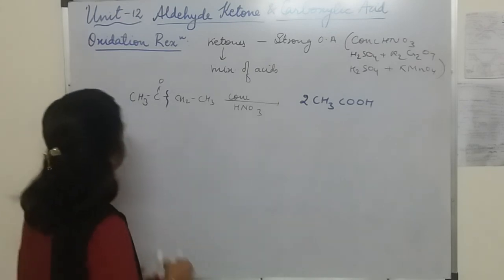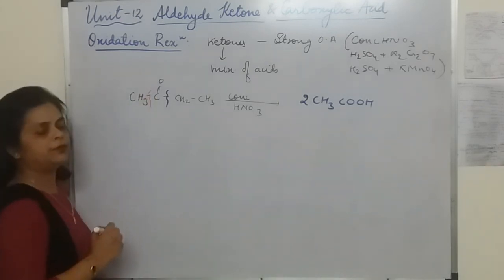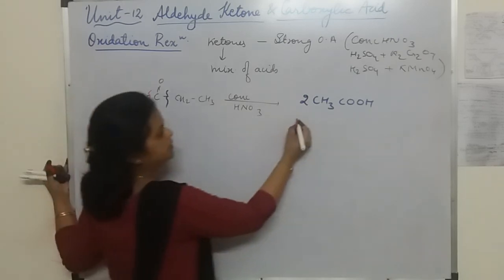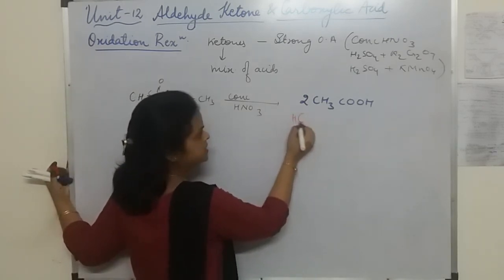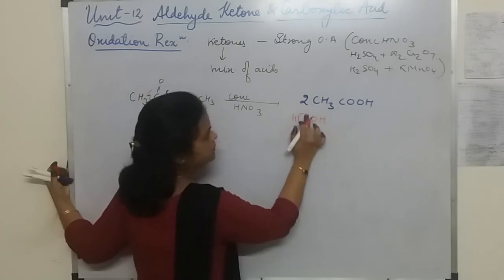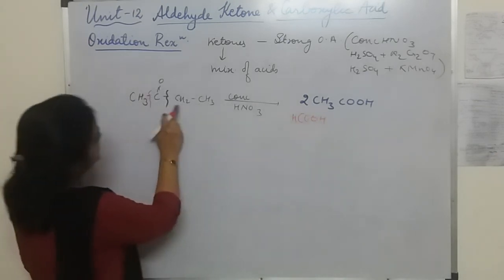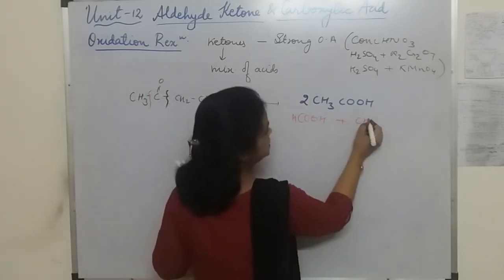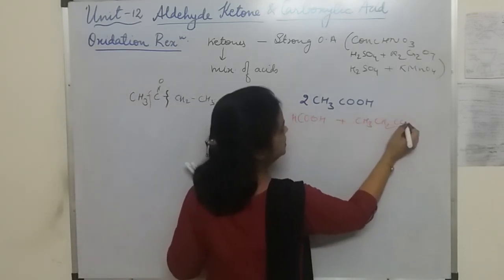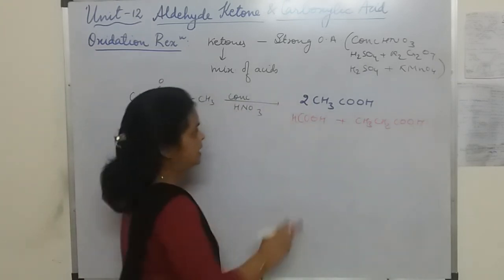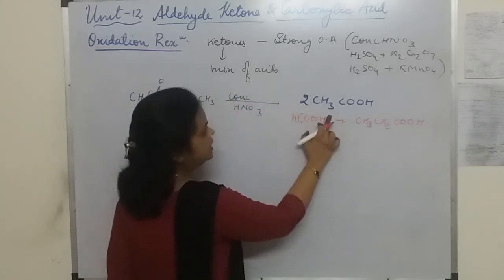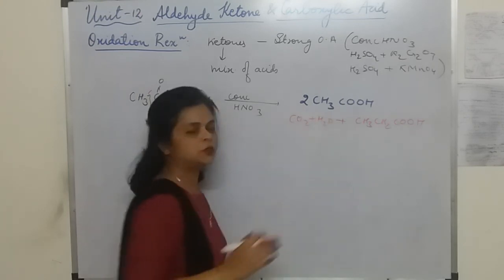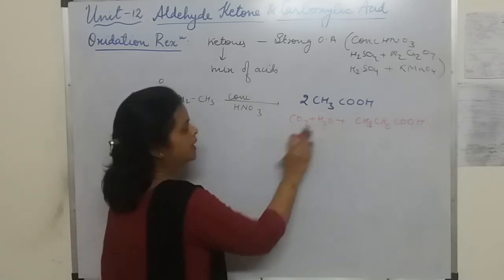Okay. Now if this bond is broken, I am taking a different color so that we can write it down. If this bond breaks, then on the left hand side there is one carbon, so what is the product of one carbon? HCOH. And on the right hand side there are 1, 2 and 3 carbons, so CH3CH2COH should be formed. And HCOH actually forms CO2 plus H2O, so we don't write HCOH, we write CO2 and H2O.